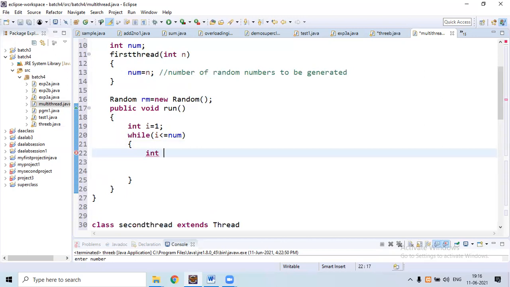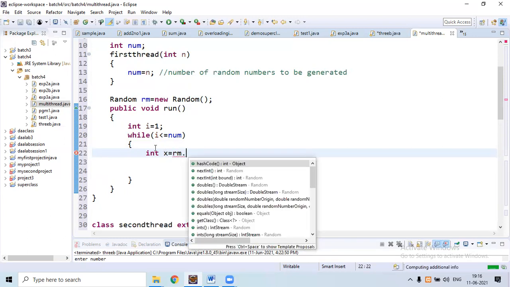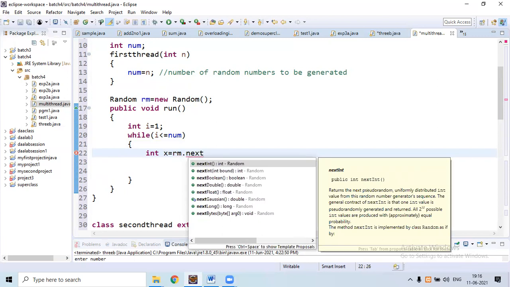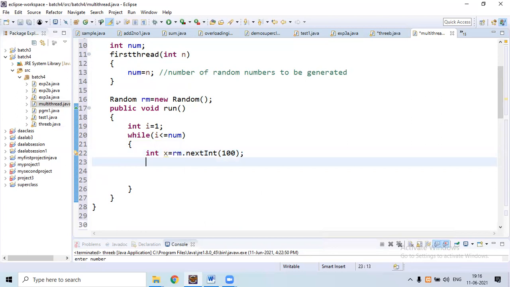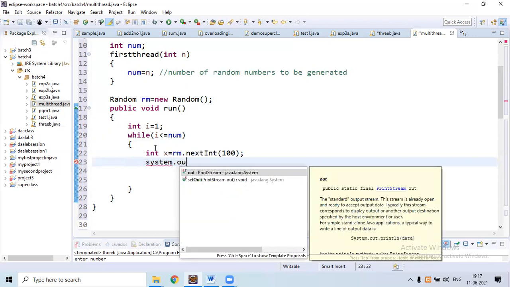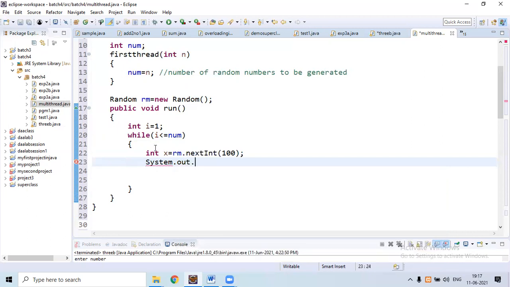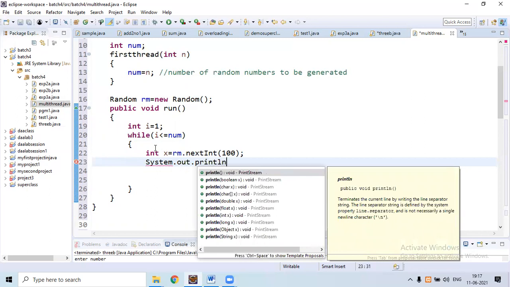Int x equal to, use the object rm dot nextInt. So the range we need to specify, the random number must be less than 100. So this will generate a random number. After generating the random number, then print the generated random number using the System dot out dot println statement.